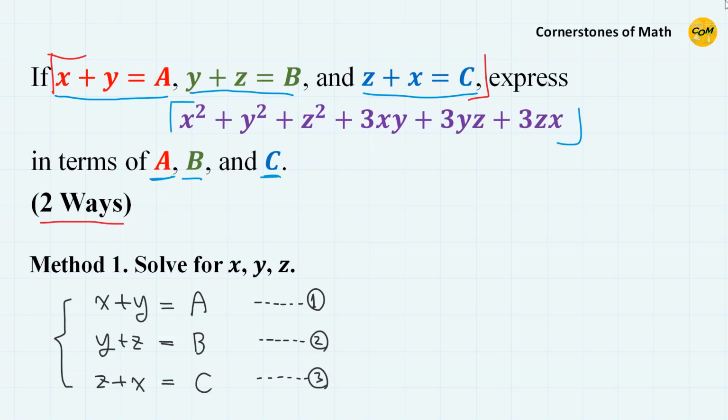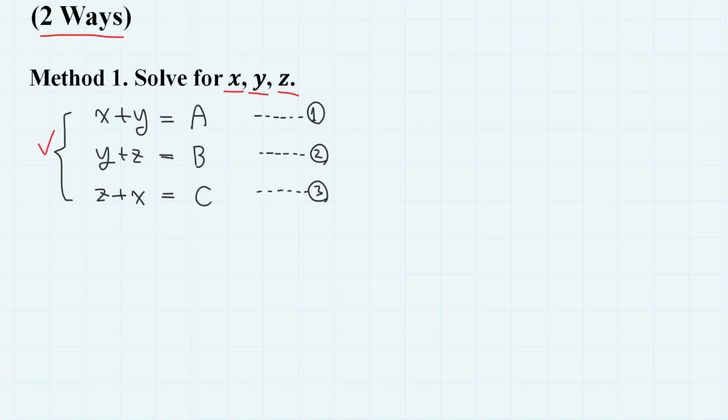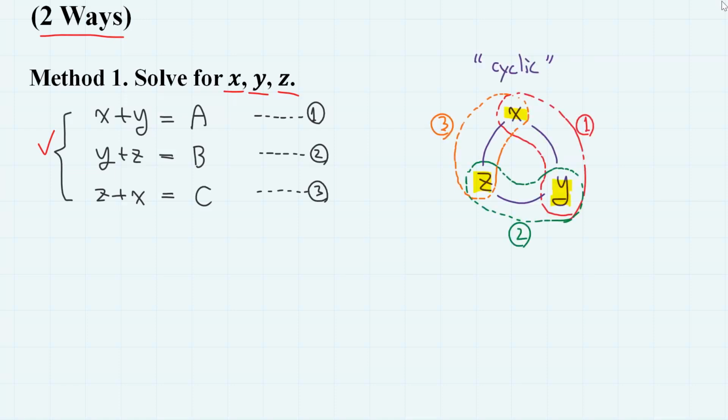We have three unknowns x, y, and z, and we have three equations, so in theory we can solve this system of equations to obtain individual expressions for x, y, and z. But here, instead of using the conventional method of elimination, let's do things more smartly. Here, the equations are given in a cyclic manner, and what we can do in this case is just